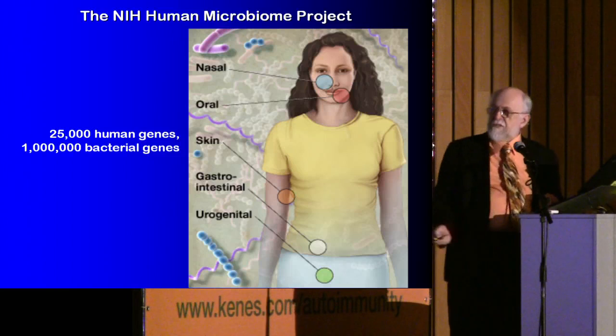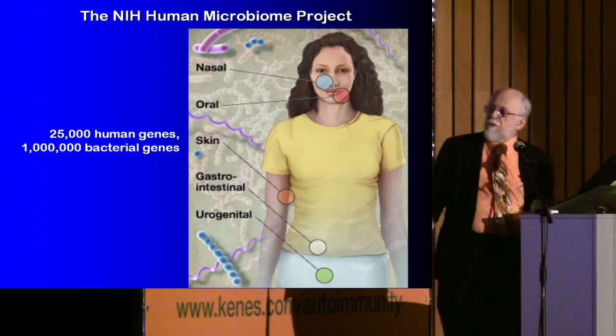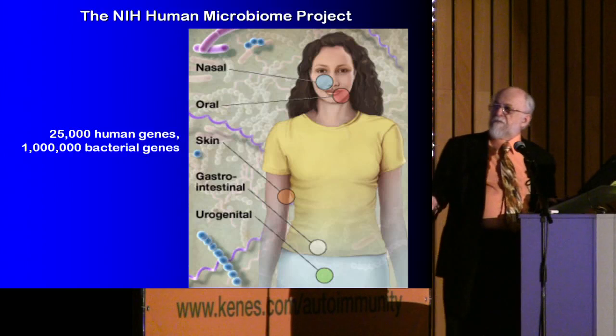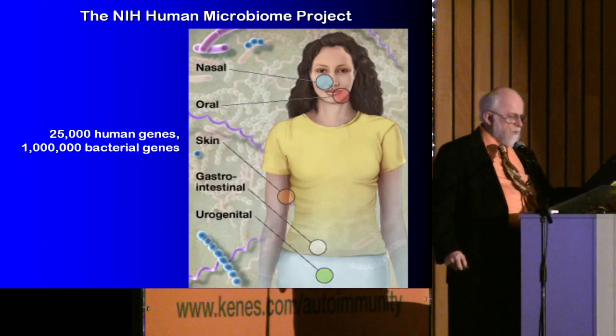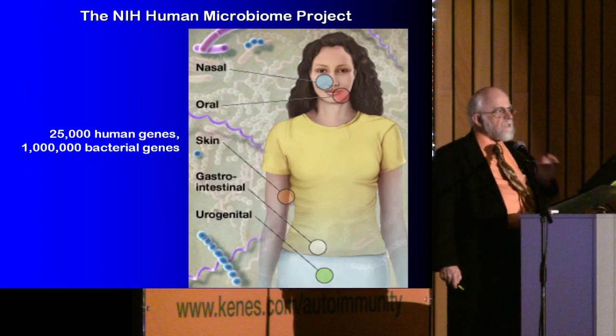The estimate is about 25,000 human genes and about 1 million bacterial genes. Where do they exist? Well, some of them are in all the normal places. We saw them on the previous slide: the nasal, oral, skin, GI cavities, etc. The places we expect to find bacteria. But there are also bacteria inside the immune system,